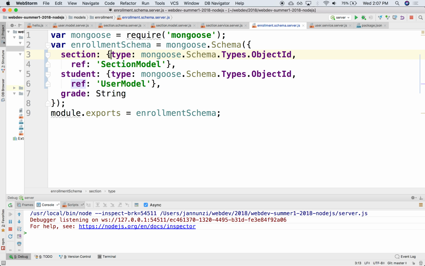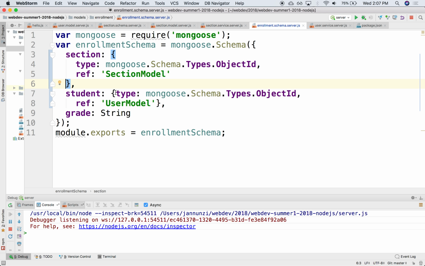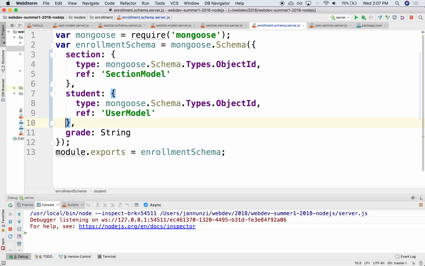they're going to be using. Let me break this up a little bit. They're going to be holding a value that is a primary key. Okay, it's a unique identifier. So we have to specify it this way: type, Mongoose schema types dot ObjectId. That's a type, and ObjectId is the type of the unique identifier